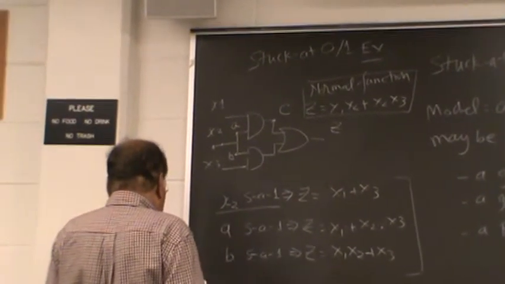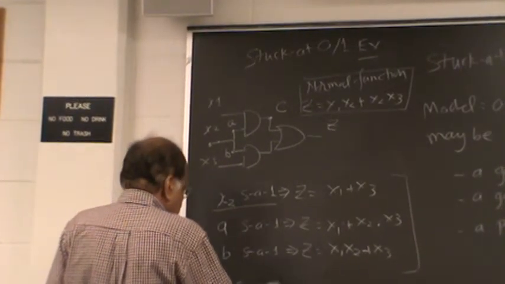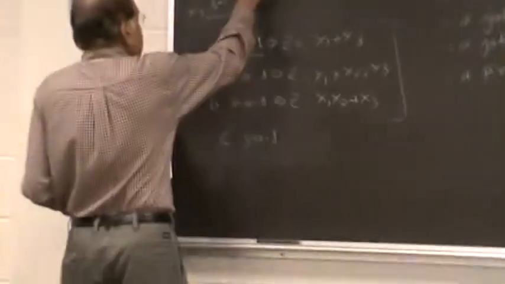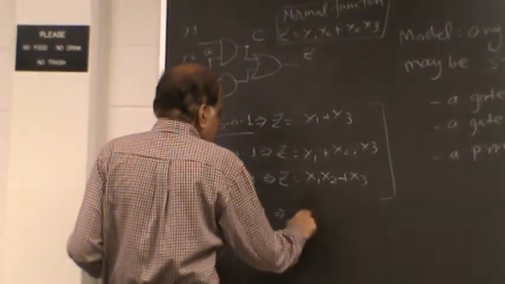Okay, now let's do a couple more examples. How about C stuck at 1, which is this internal line? And that would imply that output